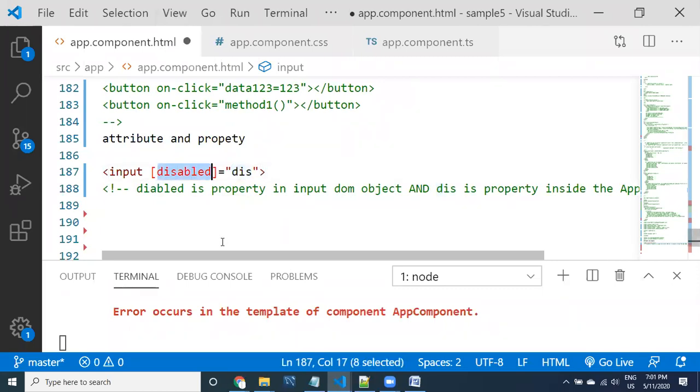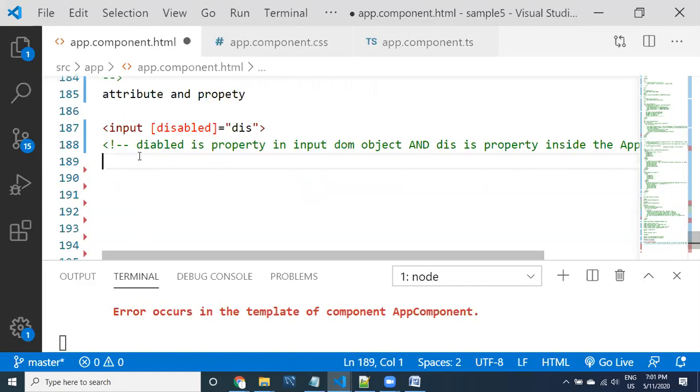Coming to disabled, disabled is a property related to this input object. I am telling information related to the disabled property. Remember this guys: the disabled property inside the input DOM object has a data type that is boolean. That's why you need to provide a boolean value to this disabled property.